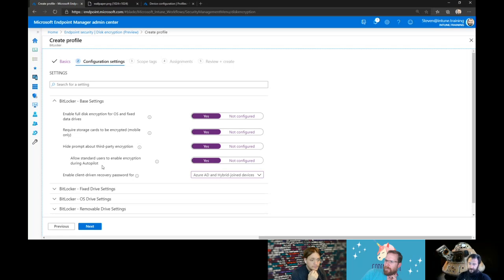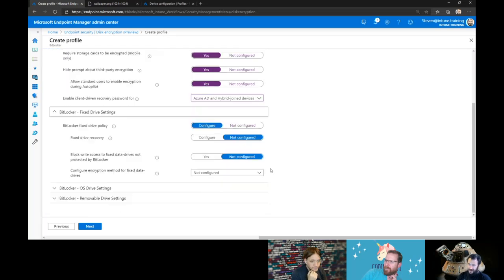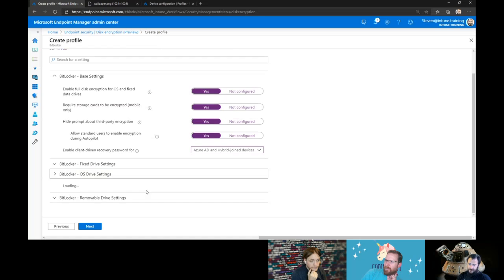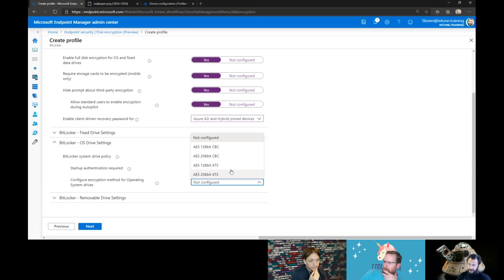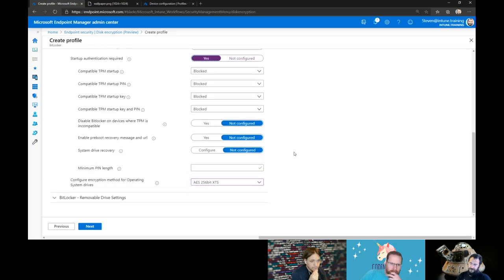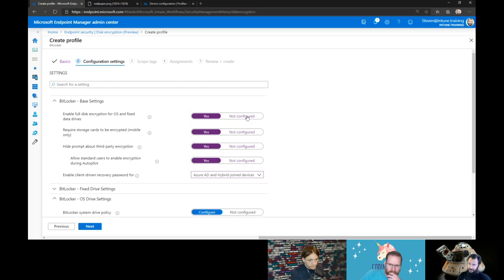And literally, that is the default 5 settings that you need to be worried about, right? Yeah. You can then go a little bit more aggressive on the fixed drive settings and start putting some more rules around that. You can start putting some additional rules around the OS and removable. But the fact that you have the ability just to keep it that simple, and if you need to go in here and go, oh, I need it to be 256 or whatever. Look, how much easier is that to read compared to the old portal?